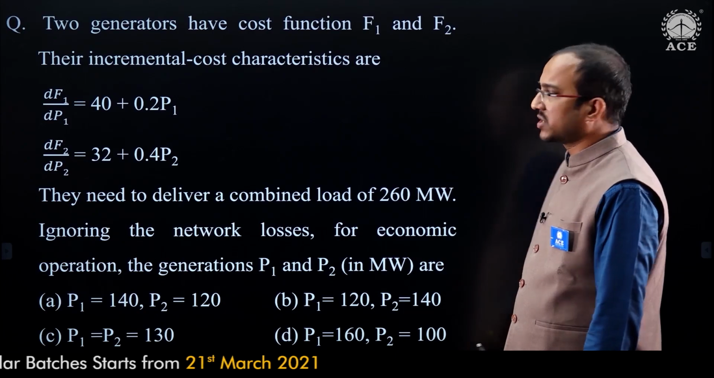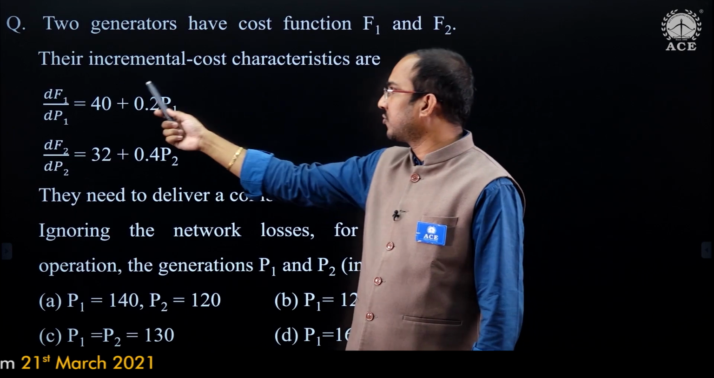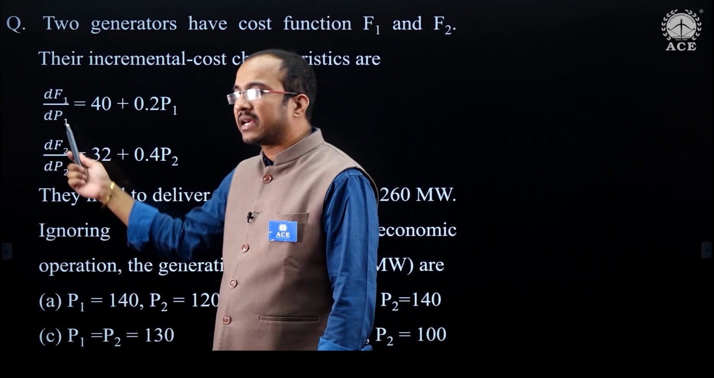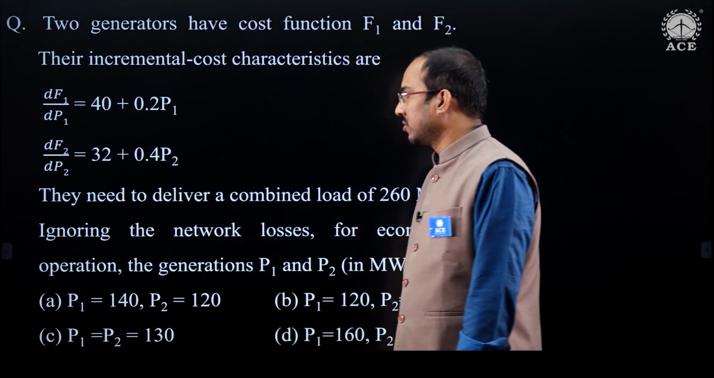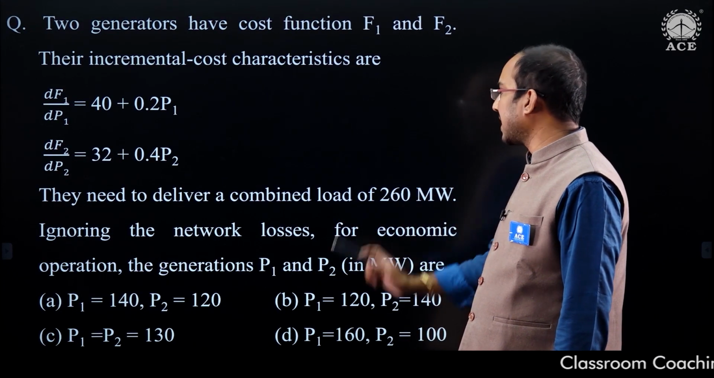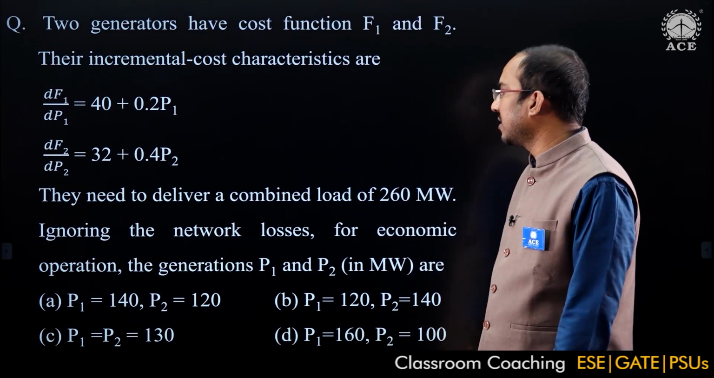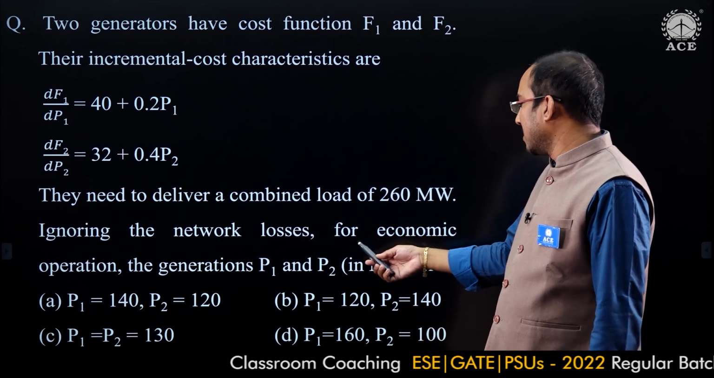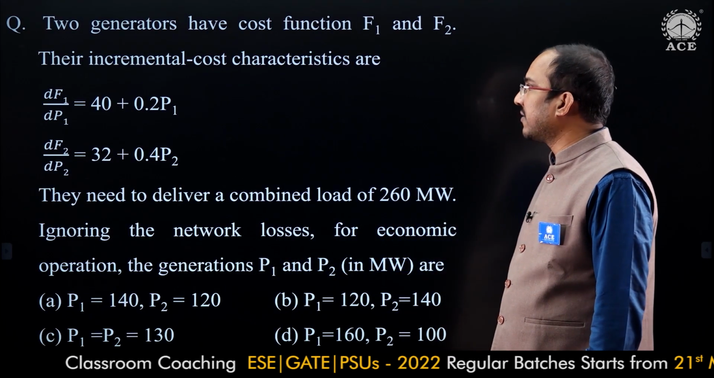Now let us observe this question. Two generators have cost functions of F1 and F2. Their incremental cost characteristics are given. So he has given the incremental fuel cost characteristics dF1 by dP1 and dF2 by dP2. They need to deliver a combined load of 260 megawatt. So both the generators have to supply a load of 260 megawatt. Ignoring the network losses, that means transmission line losses are neglected, for economic operation, the generations P1 and P2 in megawatt are: